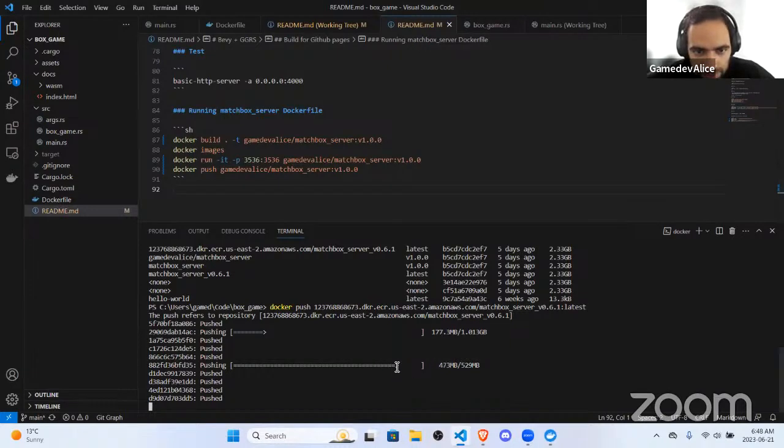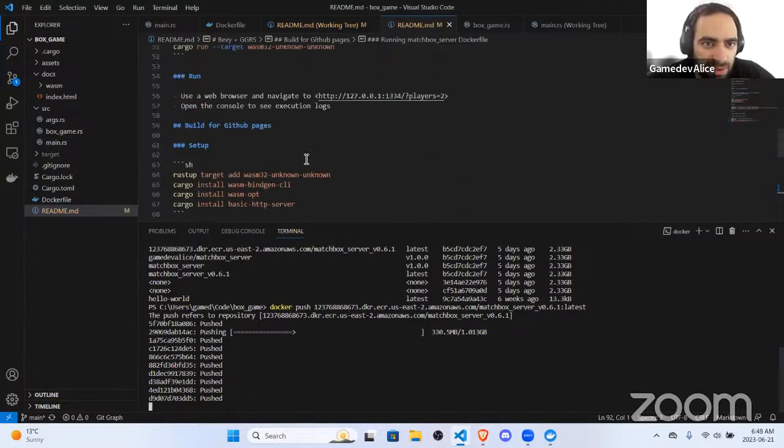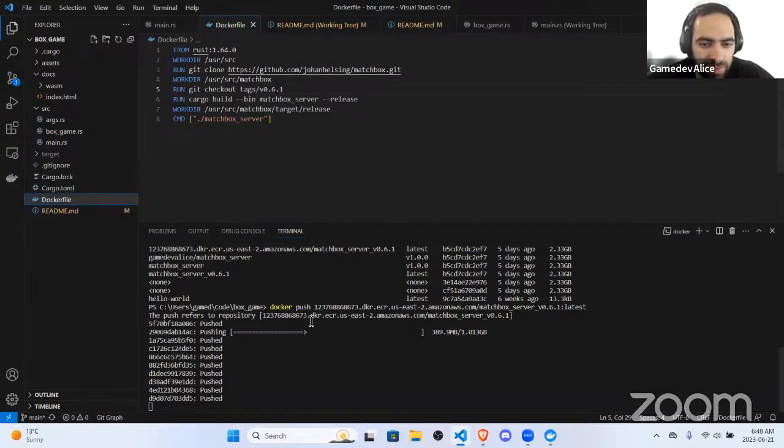All right. Fortunately, my internet speed is not too slow, and we can actually get this done pretty soon because these are quite big. I think there's a lot inside of this Dockerfile. You could probably shrink down the size a lot, but a lot of it's probably coming from Rust. I don't know if this one's that big. Maybe